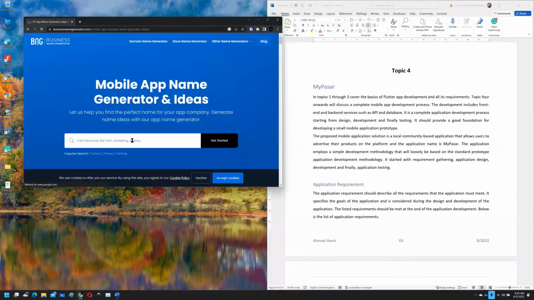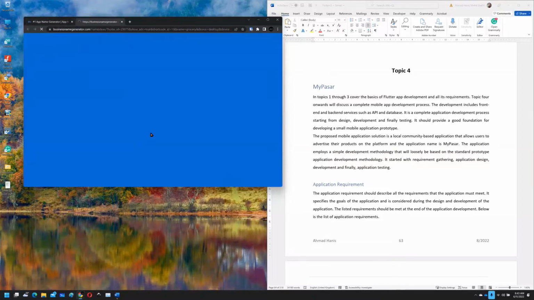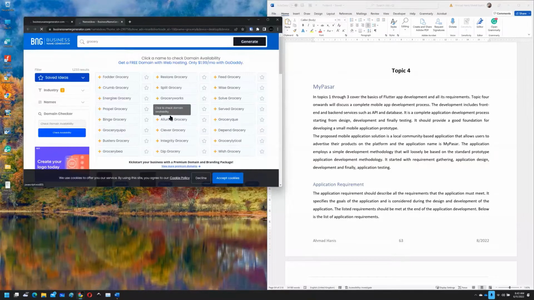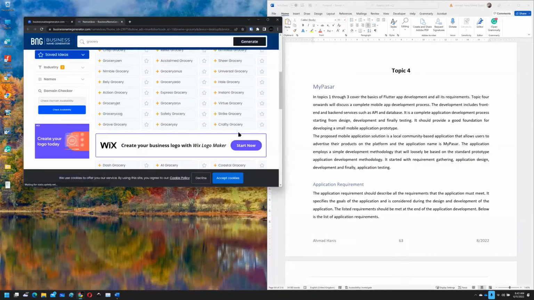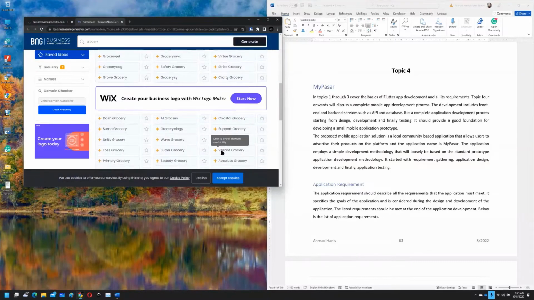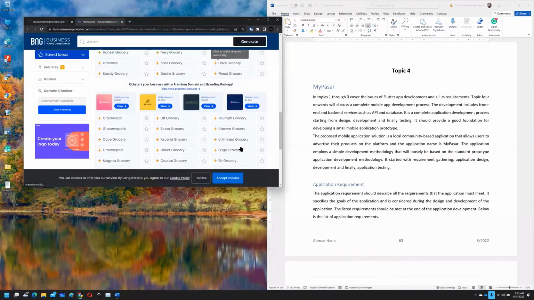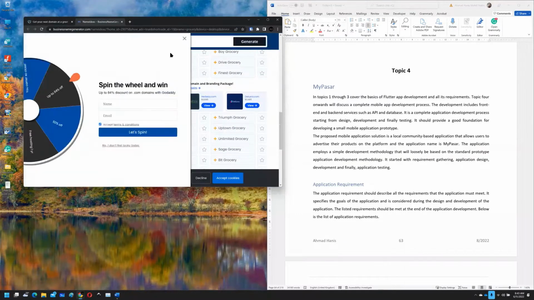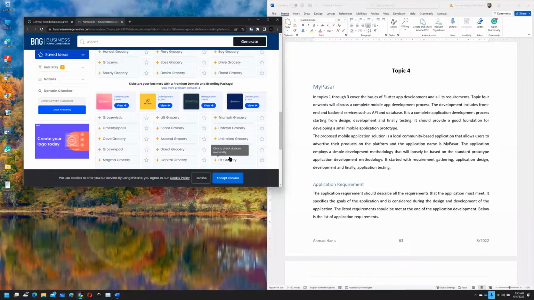So say for a grocery application, if you put that in, you can get suggested names: sumo grocery, primary grocery, grocery stick, grocery polish, something along those lines suitable for the idea of